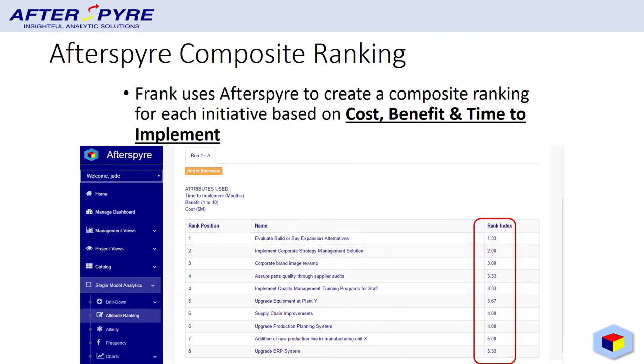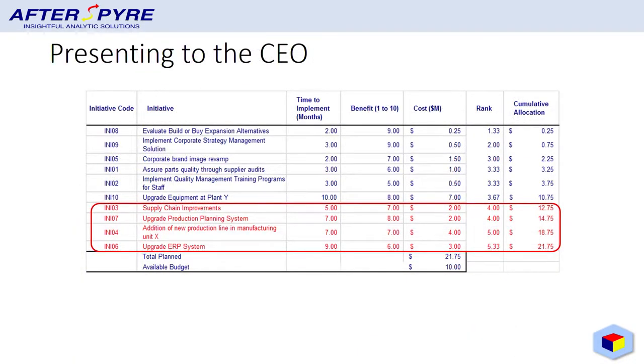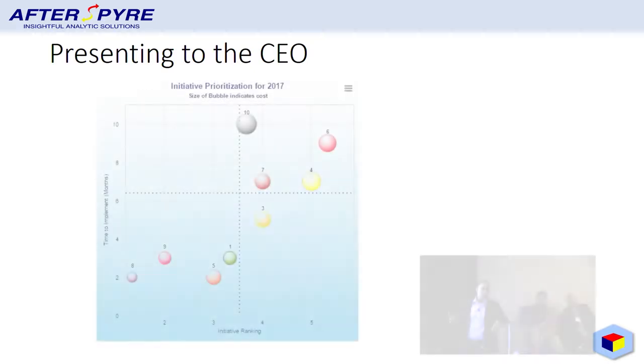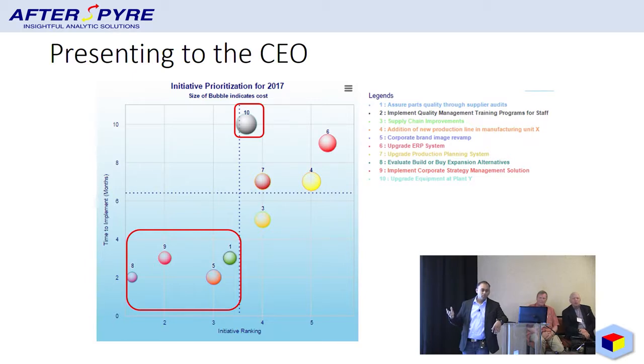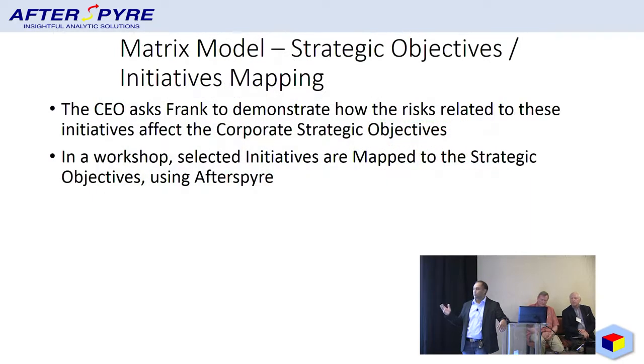Now, the composite ranking guides the management in understanding what are the key benefits. So the highest ranking ones, of course, are the most beneficial to the management. And rather than presenting this on Excel to the CEO who doesn't like Excel, you can use the Afterspyre four-box or four-box graphs to show him what I call pretty pictures. And then he can, in this case, the analyst can then support the management in really understanding which strategic objectives